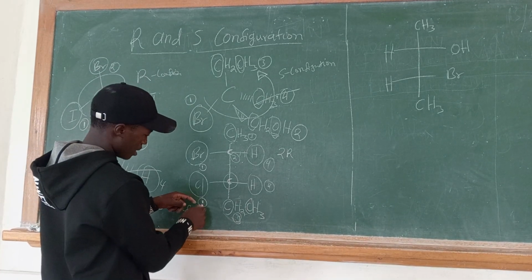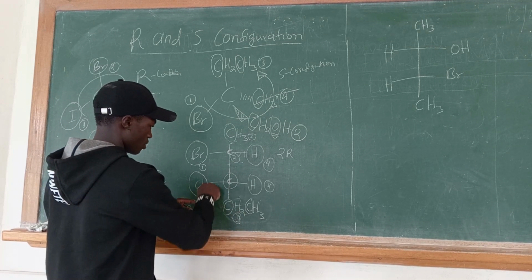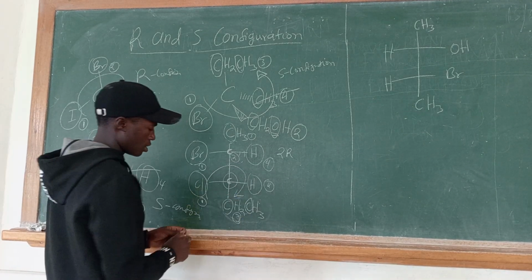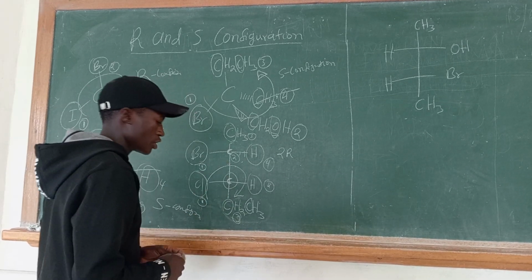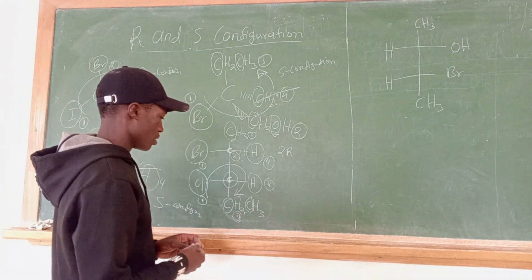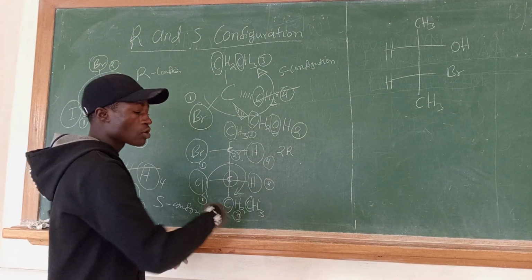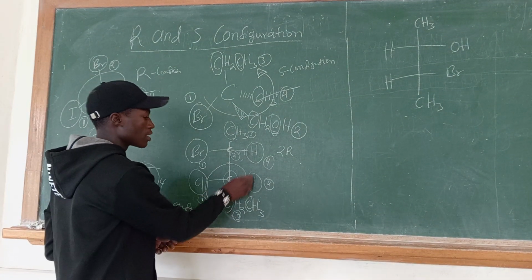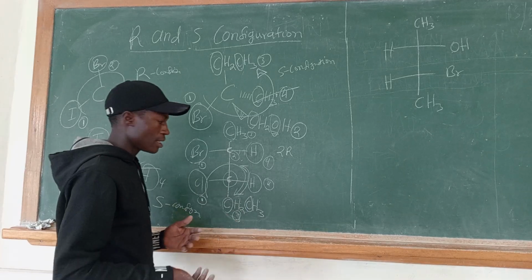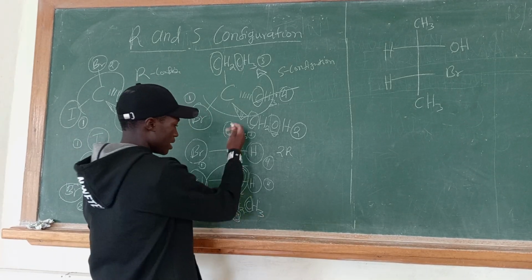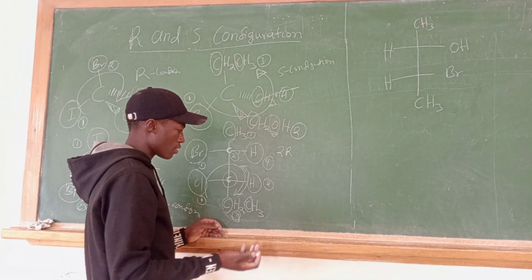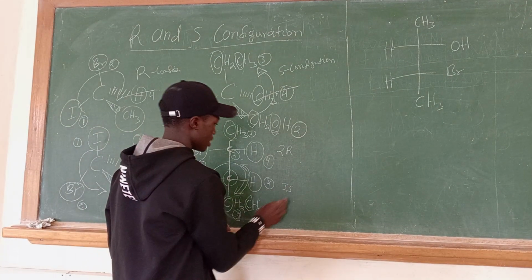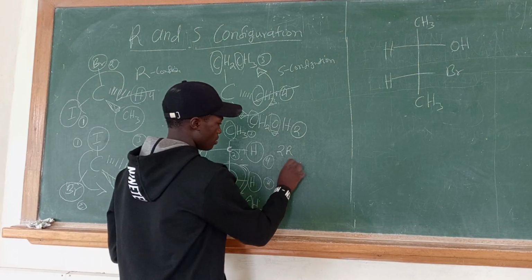Now let us trace our arc. It is 1, 2, 3. So we go this way. It is going in a clockwise direction. That is our configuration. However, our number 4 is not located on the back, so we are going to reverse the configuration. So that it was R, then now it is S, and that is on carbon number 3. So you have to locate the chiral center to which you are assigning the configuration. So that is 3S. So the overall configuration will be 2R,